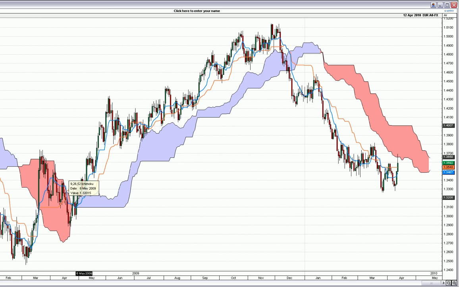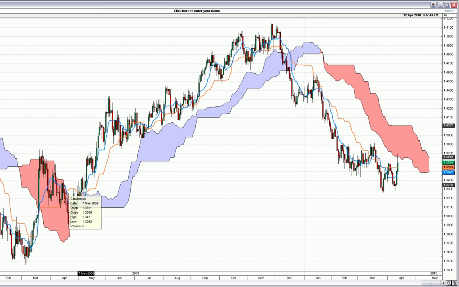It's above the Tenkan line, it's above the Kijun line. Tenkan is the turning line, the short-term line. This is a more medium-term line, and then the cloud really is the support or the resistance. It's all about the cloud, and you're fine-tuning either above or below the cloud. So here, above the Tenkan Kijun line, that's about